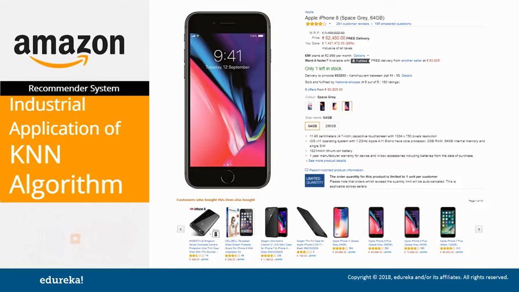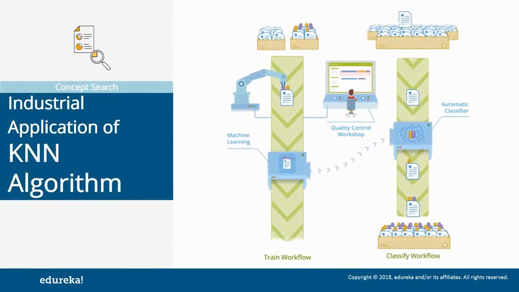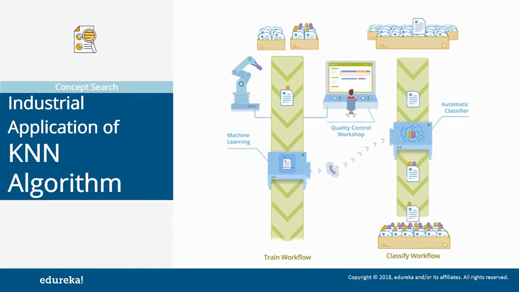Well, this recommendation has just one main goal, that is, to increase average order value, or to upsell and cross-sell customers by providing product suggestions based on items in their shopping cart, or based on the product they are currently looking at on-site. So the next industrial application of KNN algorithm is concept search, or searching semantically similar documents and classifying documents